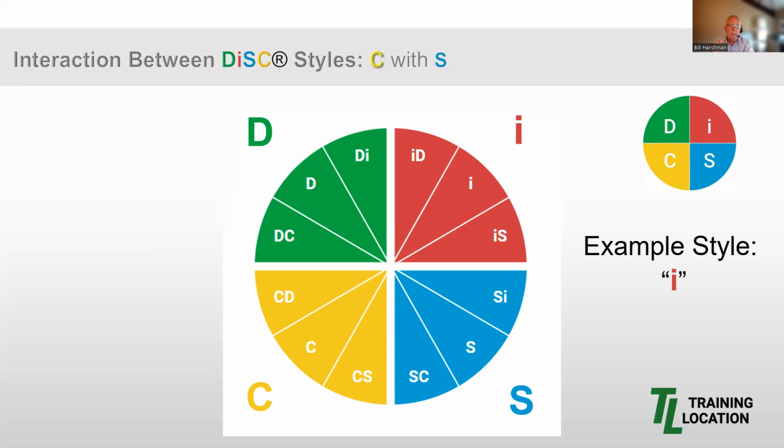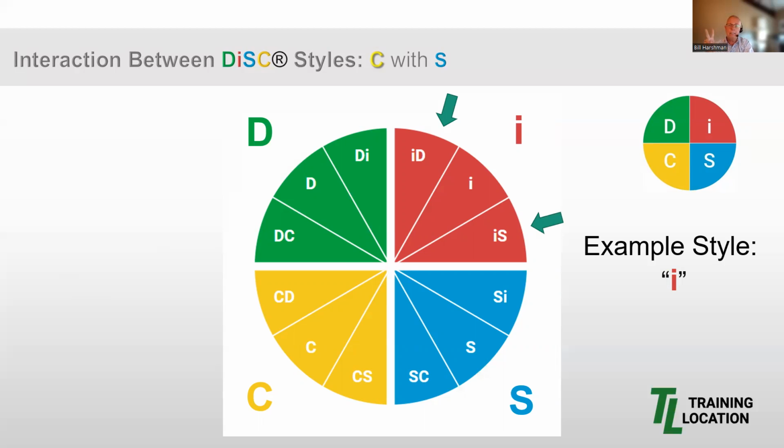Now, through research, Wiley has learned that when a primary style sits closer to a neighboring style or neighboring quadrant, it tends to take on some of that neighboring style's characteristics. So note the ID style within the I quadrant and the IS style also within the I quadrant. We call those two styles blended. Now, they occur through what's called adaptive testing, and it's more precise and ensures consistency, and that's what the research has generated over time. So this primary style dot on your DiSC is unique to you and is in a very specific position. Okay, enough about technology, back to understanding you.